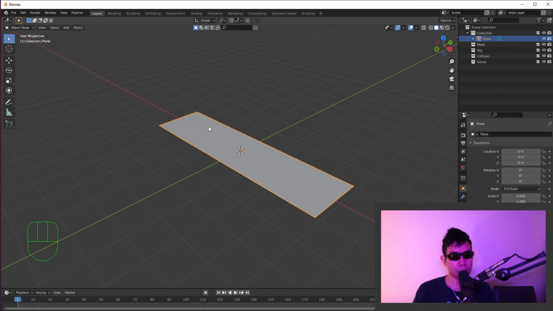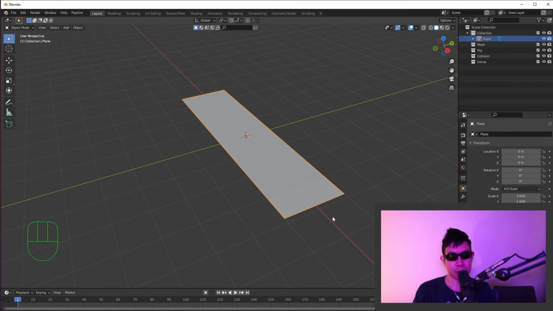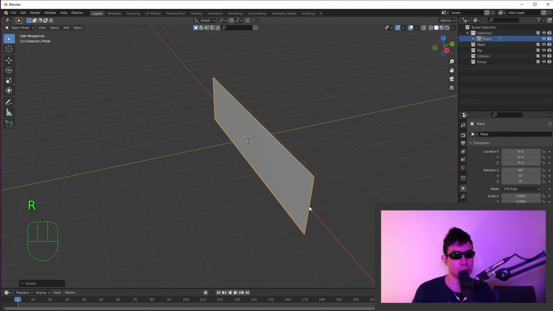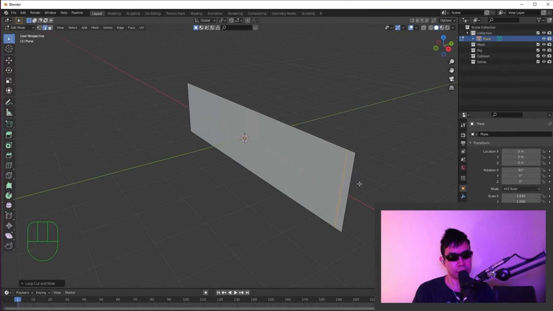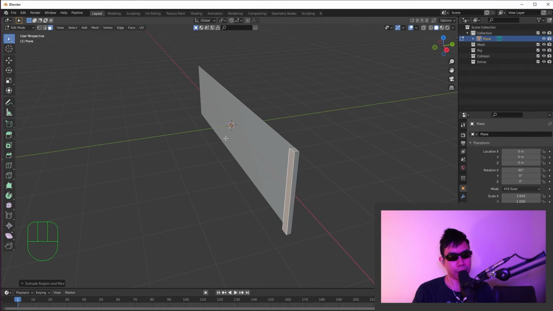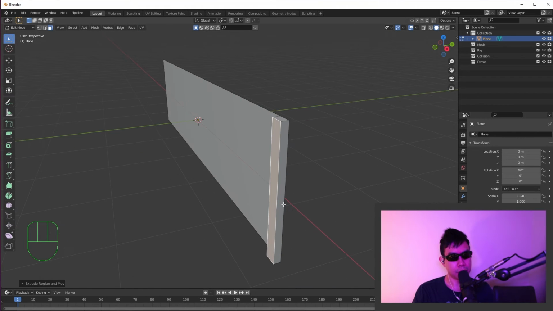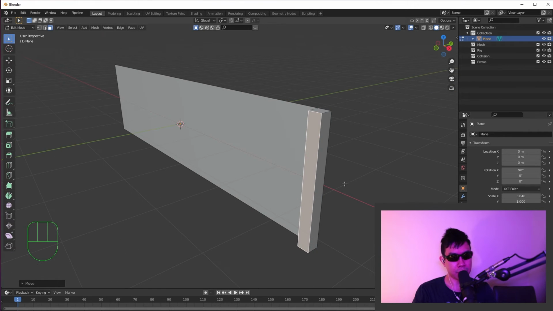So we have this single plane, as you can see, and you want to add the details like this, flat on the ground. Or if you really want to, you can also do it this way and add details. For example, I'm going to do an edge loop here to add the sides, and I'm going to select the side and start to extrude it. As you can see, when it's either flat or at a 90 degree vertical angle, it's easy to move stuff around because your locking axes are always straight or vertical 90 degree